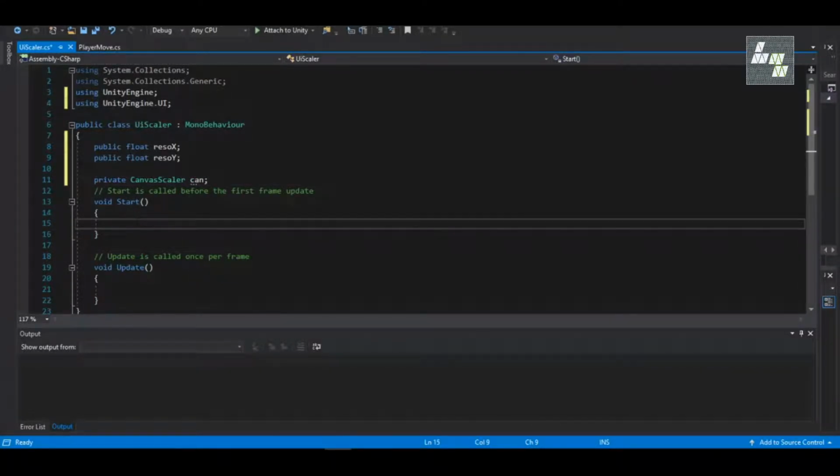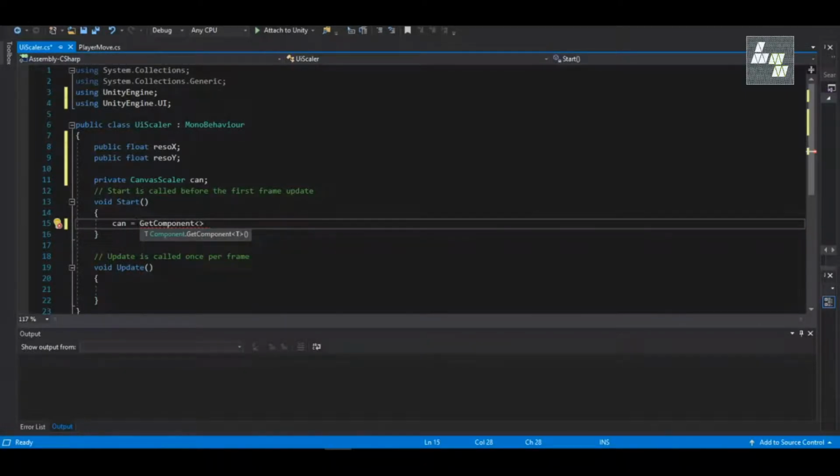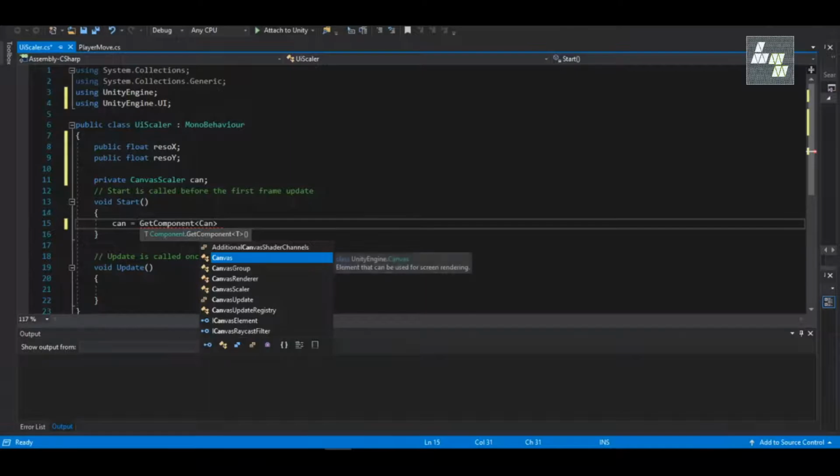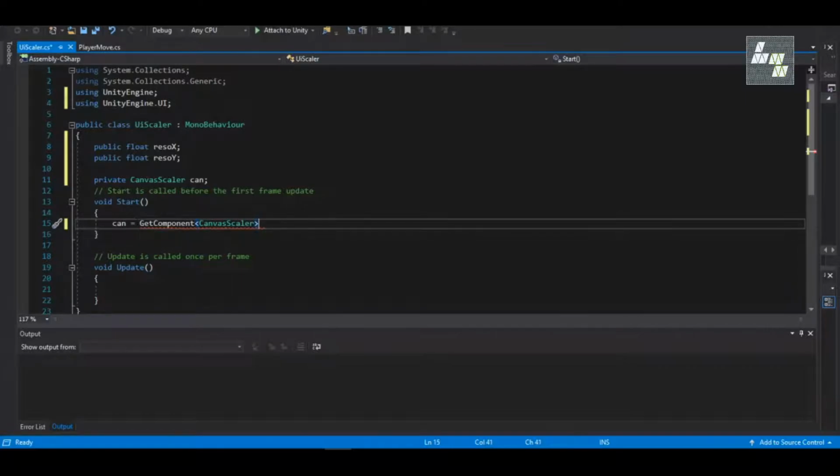So in the start function, what we're going to do is say, okay, the canvas scaler that we want, we simply get the component. Because we're attaching this script to the canvas itself, we don't need to find the canvas or the game object it's attached to, simply because we're attaching the script directly to it. So CanvasScaler,